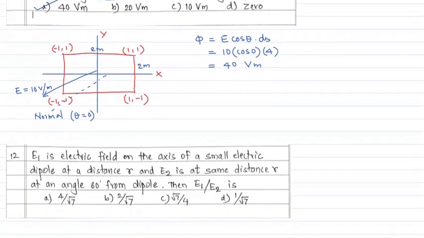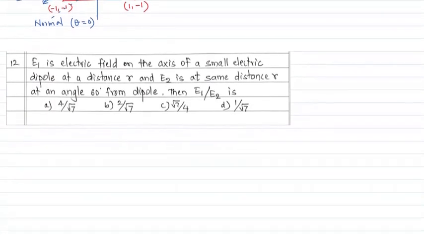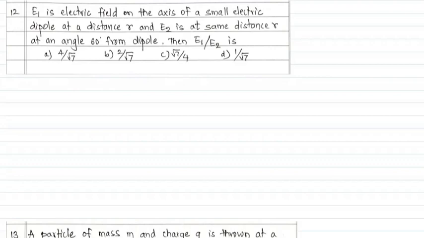Next, the 12th one. E1 is the electric field on the axis of a small electric dipole at a distance r, and E2 is at the same distance at an angle of 60 degrees. So if I take the dipole